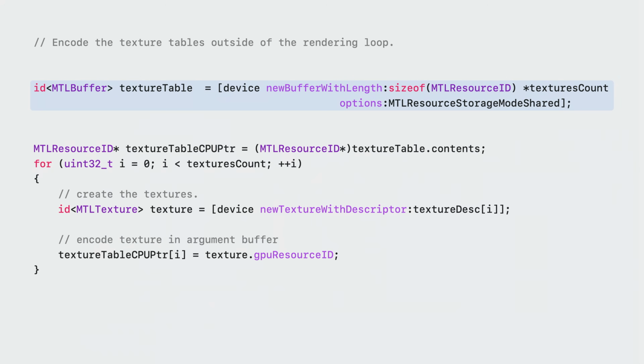This example encodes the equivalent of a texture descriptor table. It starts by allocating a Metal buffer that serves as a texture descriptor table by storing the Metal resource ID for each texture. As it creates each texture, the code stores its resource ID directly into the table.